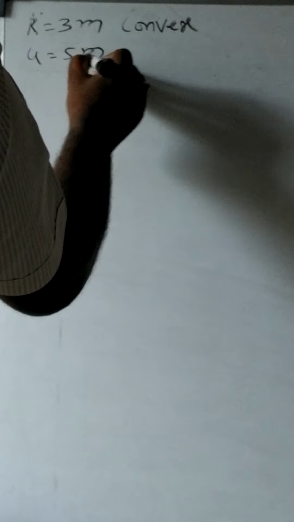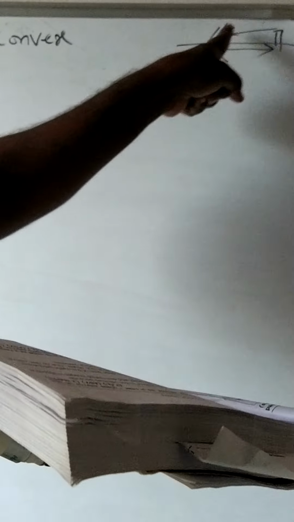Next, the bus is located 5 meters from the mirror, so the object distance U is 5 meters. But this is negative. Why is it negative? Whether it is a convex or concave mirror, the object is in front of the mirror. Light rays come in this direction, but we take the object distance from the pole, opposite to the light rays direction. So that's why it is taken as negative. So U is equal to minus 5.